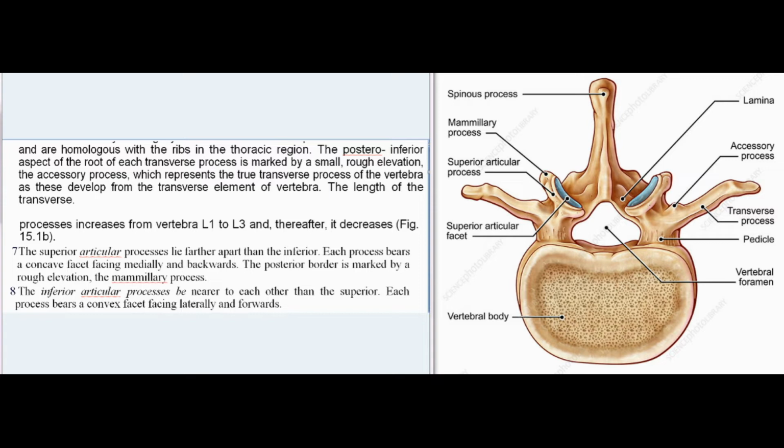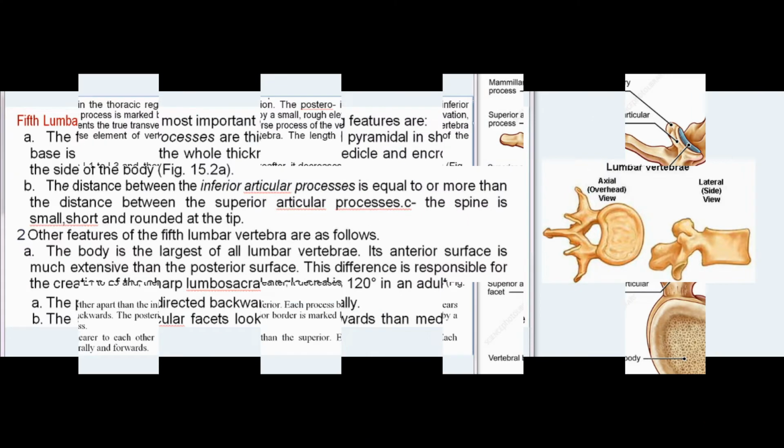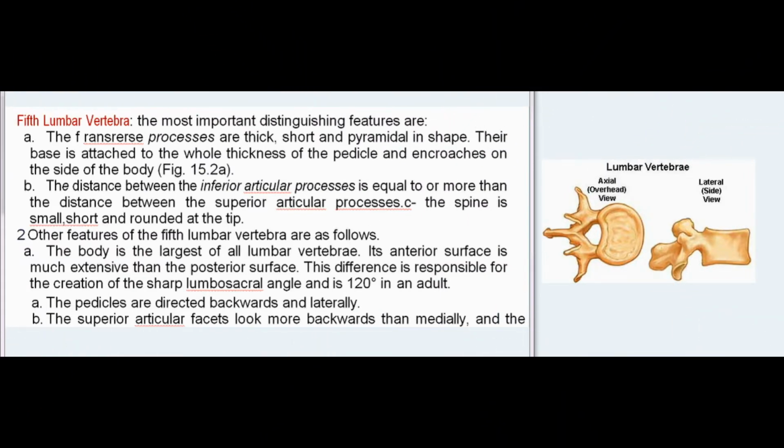The inferior articular processes are nearer to each other than the superior. Each process bears a convex facet facing laterally and forwards. 5th lumbar vertebra: the most important distinguishing features are, first, the transverse processes are thick, short, and pyramidal in shape. Their base is attached to the whole thickness of the pedicle and encroaches on the side of the body, Fig 15.2a. The distance between the inferior articular processes is equal to or more than the distance between the superior articular